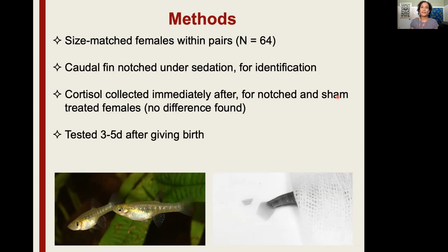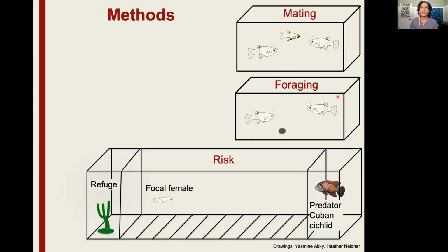We tested females 3 to 5 days after they gave birth, such that they were sexually receptive. We also randomized the order in which females experienced the three contexts. So here are those contexts: mating, in which there were two females together with a sexually mature male; foraging, in which the same two females were with a defensible food source, an algae wafer; and a risk context, which involved